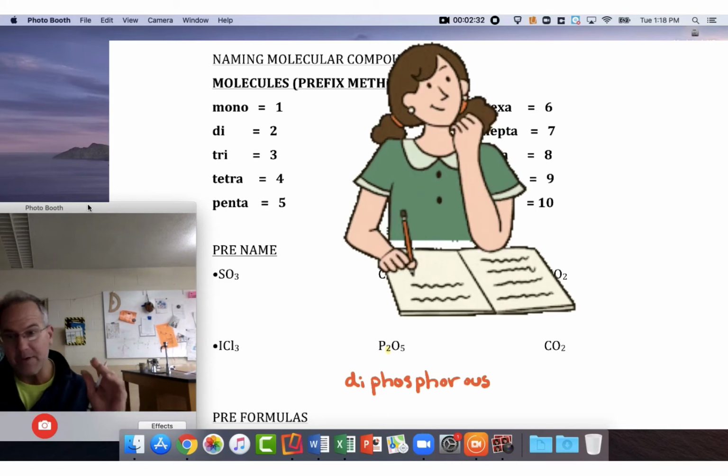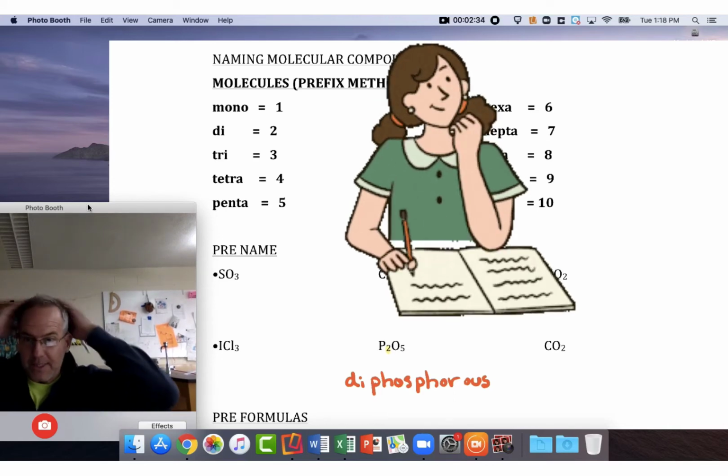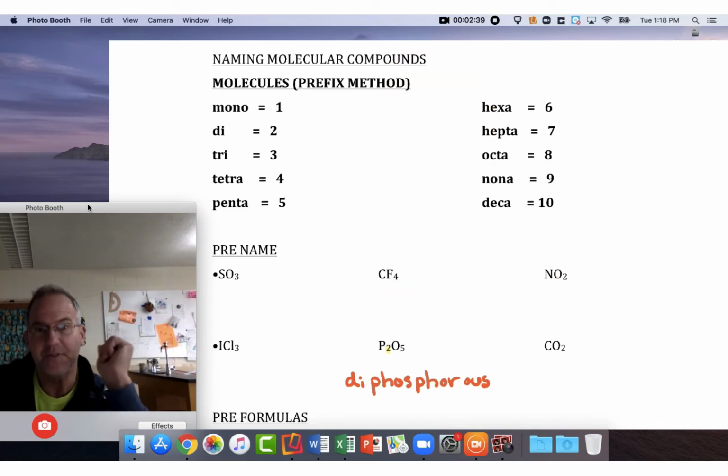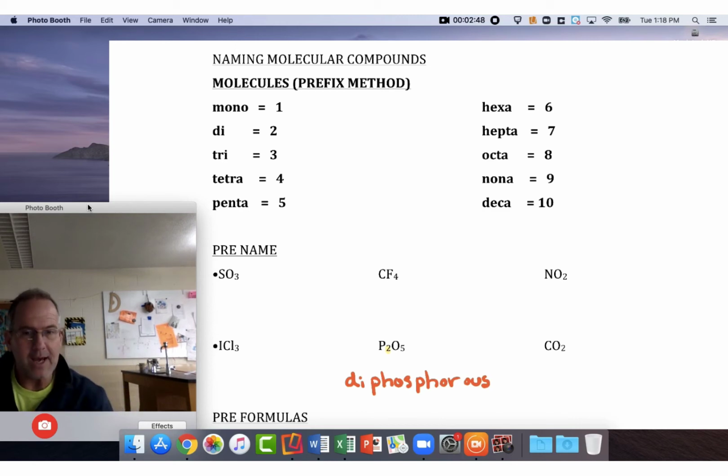Now, notice I didn't write phosphide. If it's the first thing listed, we use the regular element name, and phosphorus is the regular element name. First name, always regular name. Second name, always going to be that ide name. Okay, so diphosphorus. And then we have oxygen, and we have 5 of them, but that's the second listing, right? That's the negative. Normally the negative, in this case, it really is not supposed to have a charge, but it's the second thing listed, so we end that in "ide." So we're going to say pent